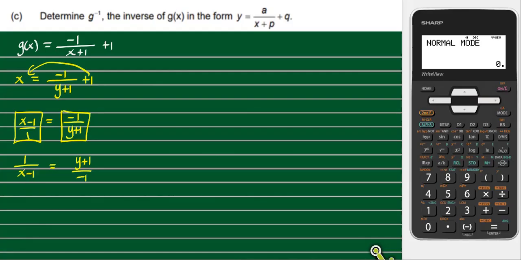Multiply that side by negative 1, so you're going to have negative 1 all over x minus 1 equals y plus 1. Now I can bring the 1 over, then the story will be done. So y equals negative 1 all over x minus 1, minus 1. So that will be the inverse thereof. That was good. All right, remember if it cuts you out, jump